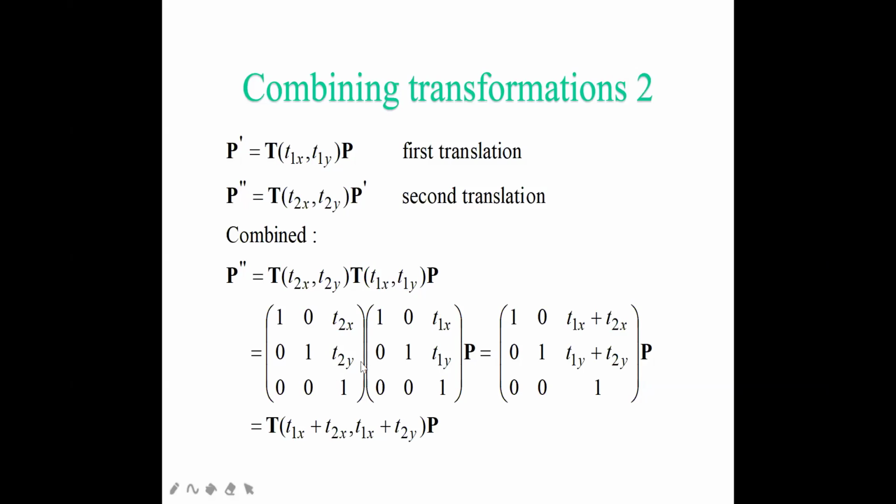Now I have to multiply both of these. If I multiply both, my first one and second one will be the same, because you can see the values are the same. So just keep it the same. Next, you are going to add all these things. Here you can see T2x plus T1x, so I have written it over here. Next, you can see T2y plus T1y, so I have written it over here. So 1 into 1 is 1, and multiplying with P. This is my answer.